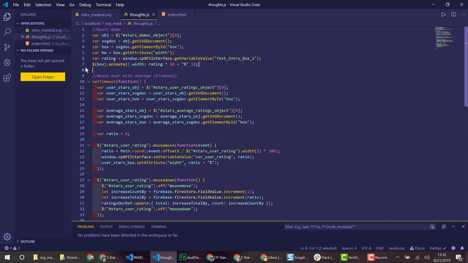And then finally, I use just a little bit of jQuery here to grab the box that we got from up here and animate its width to that rating times 20, because I want a percentage of 100 here, and so there's 5 stars. And then I animate the width to that. So that's that first one. Now, if we jump over to the next one,